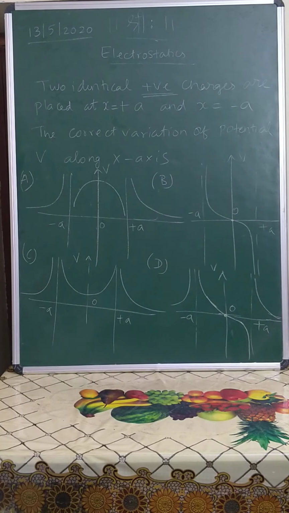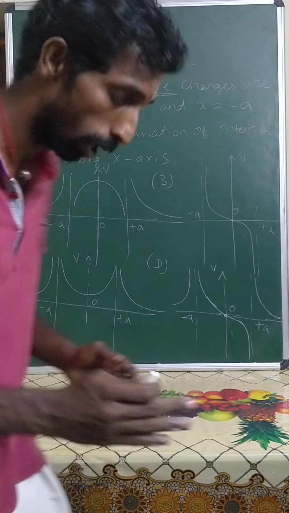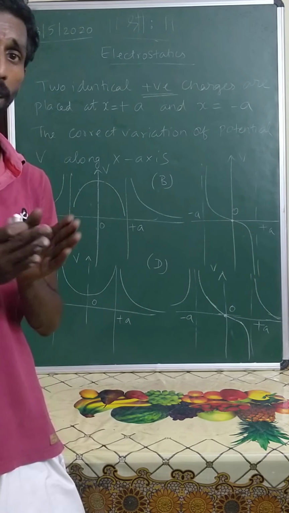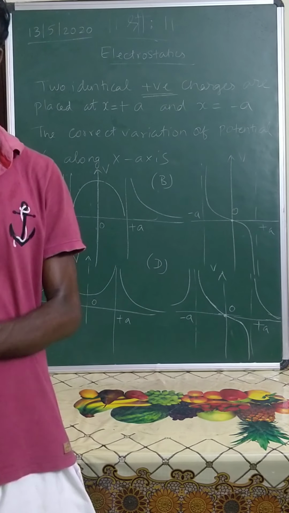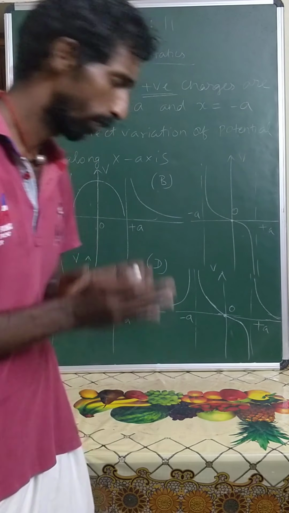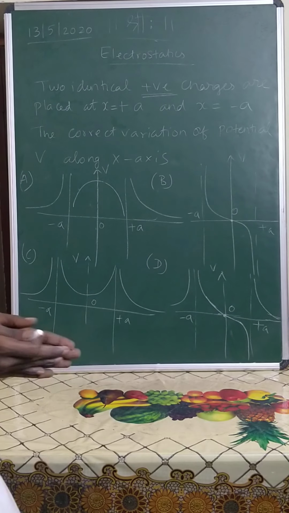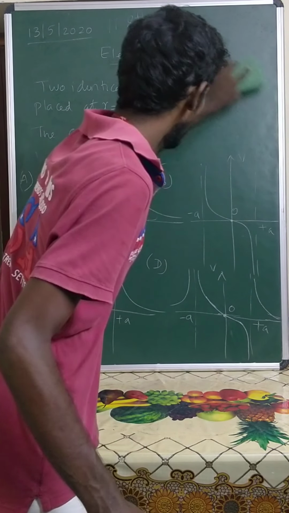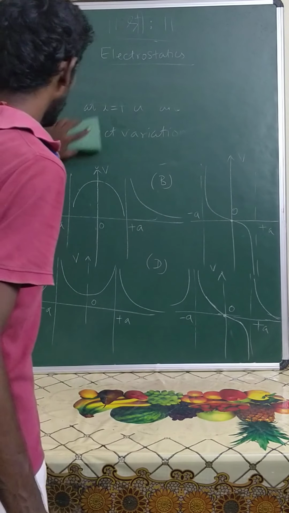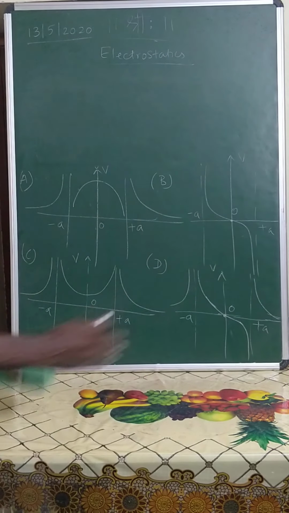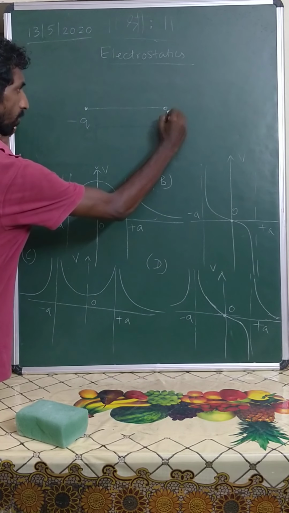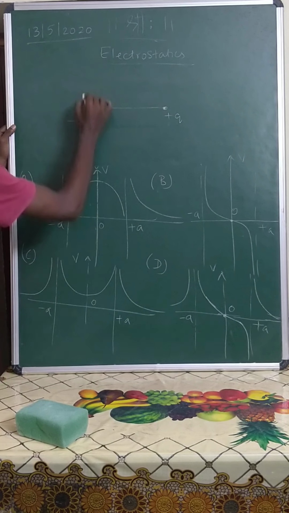First, both are positive charges, and you know how to depict the electric field lines for two identical positive charges kept close to each other. They are kept at equal distance from the origin. First thing to know, when you move away from a positive charge,